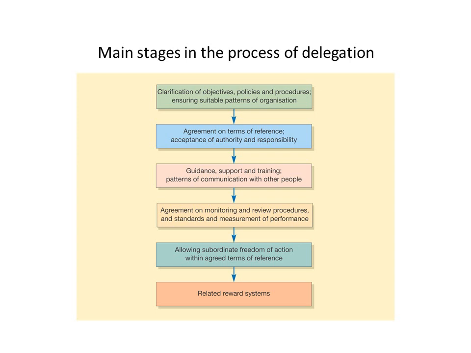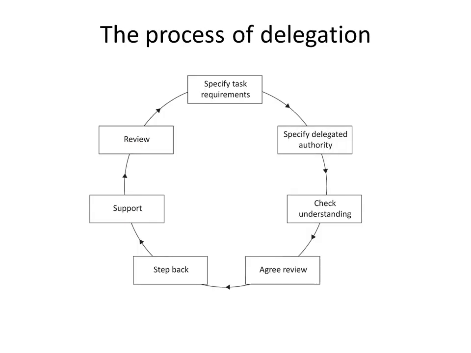The stages of delegation, there are several models around. This one is a 6 stage one from Mullins: clarification of objectives, agreement of terms of reference, guidance, support, training, agreement on monitoring review procedures, then allow the subordinates the freedom of action within the terms of reference, and have a related reward system. SIPS shows this as a 7-step process, very similar to the Mullins: specify tasks, specify authority,